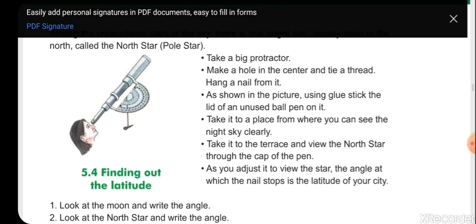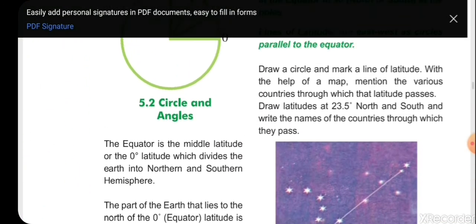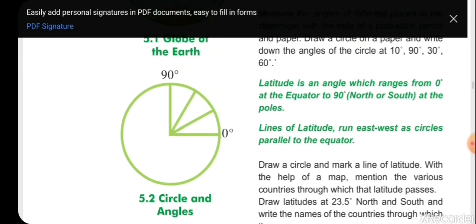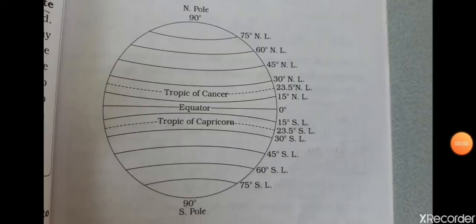But over here children, I would take some time and try to explain this entire concept of latitude and longitude with the figure. So we'll understand these latitude and longitude lines using the figure. In this figure we are going to understand about latitudes. Latitudes are imaginary circles drawn on the globe in an east-west direction, right?